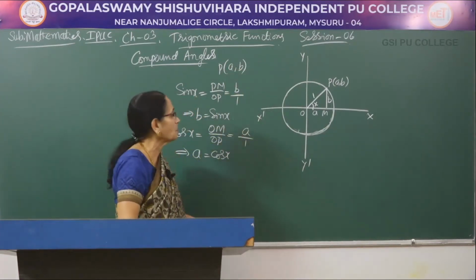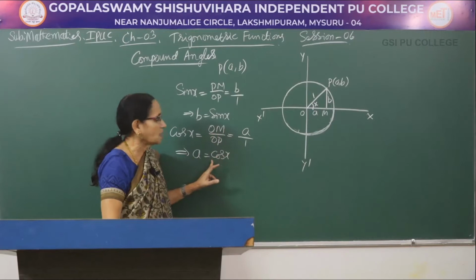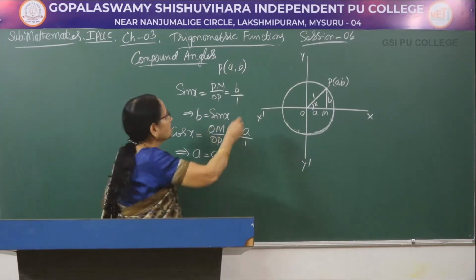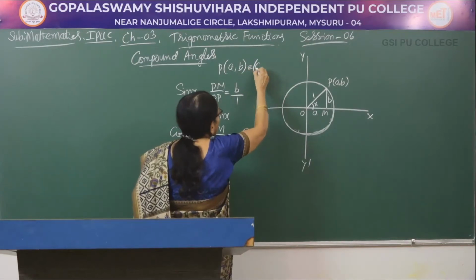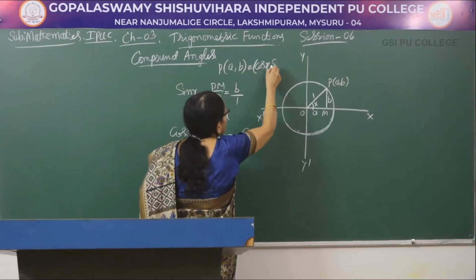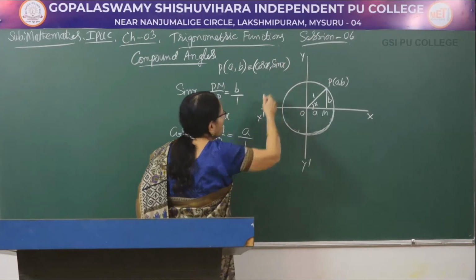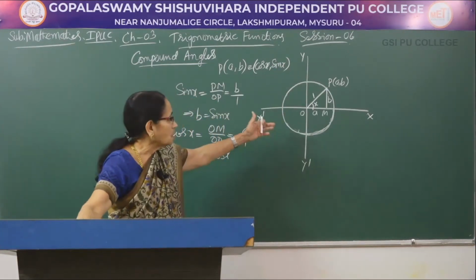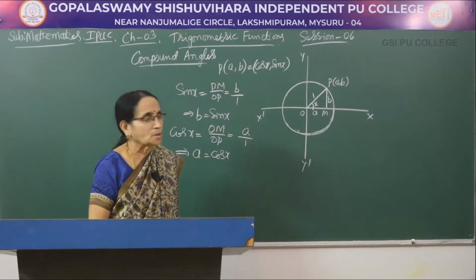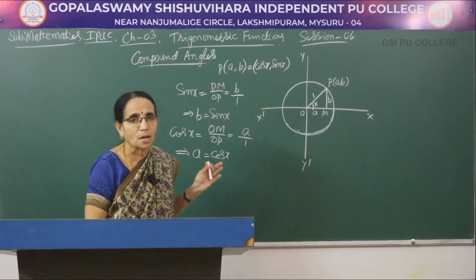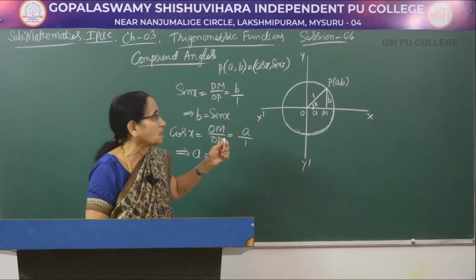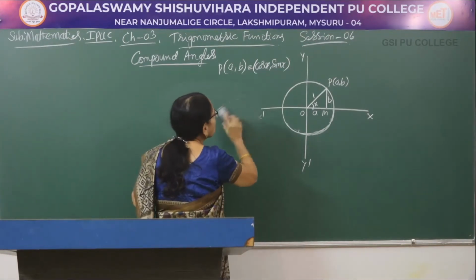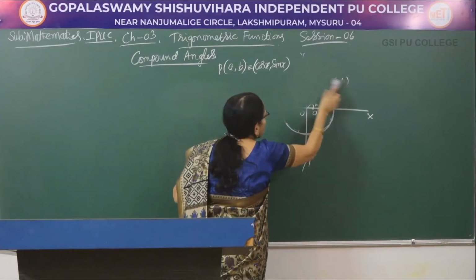Now, come to the point P having the coordinates a comma b. That is how we have taken the point. Now, what is the value of a here? a is cos x, and what is b equal to? b is equal to sin x. So, this point can also be expressed as cos x comma sin x. So, a and b were also the coordinates. Because we have denoted the angle to be x here, using the definitions of the trigonometric ratios cos x and sin x, the coordinates of the point P can be written as cos x and sin x.